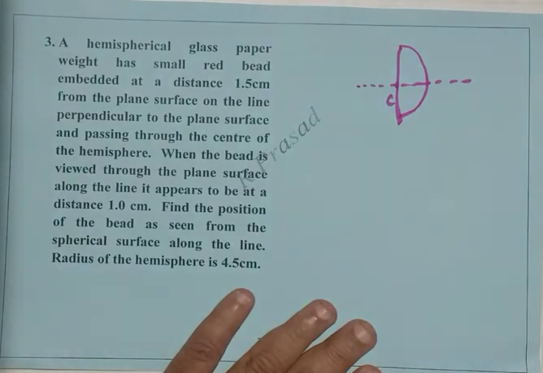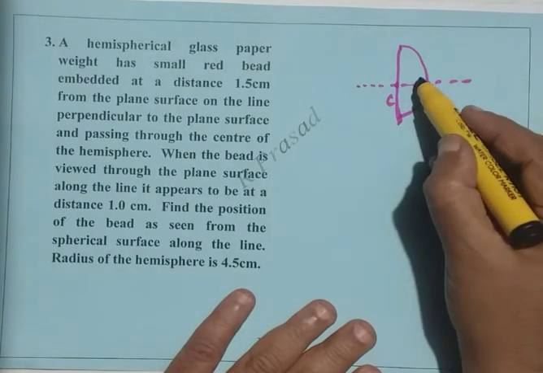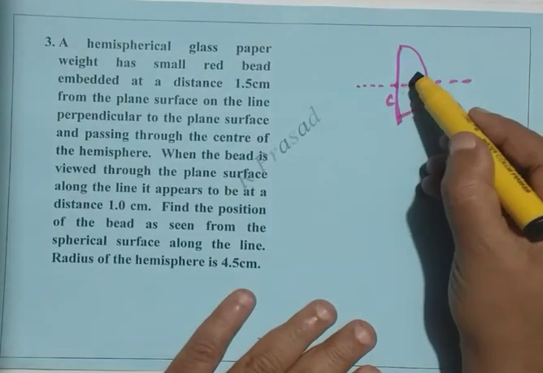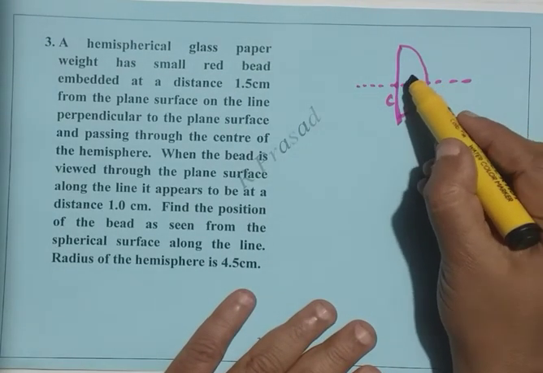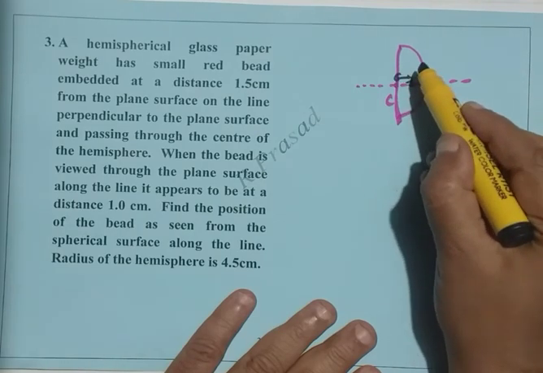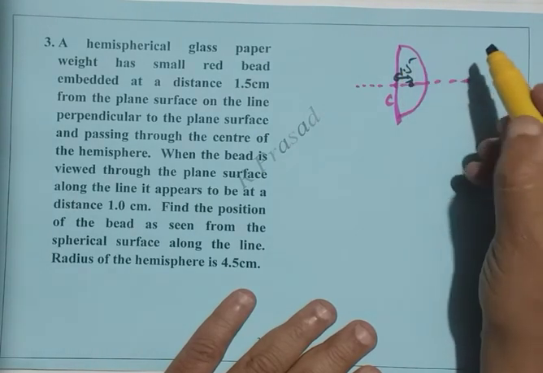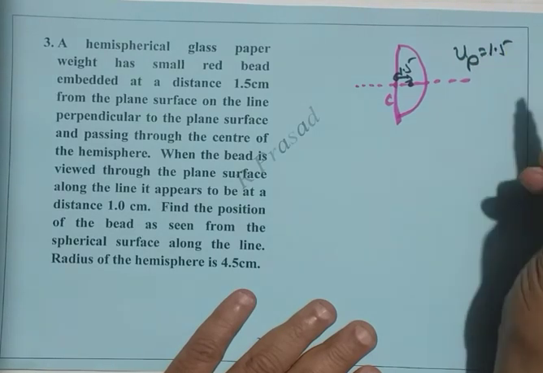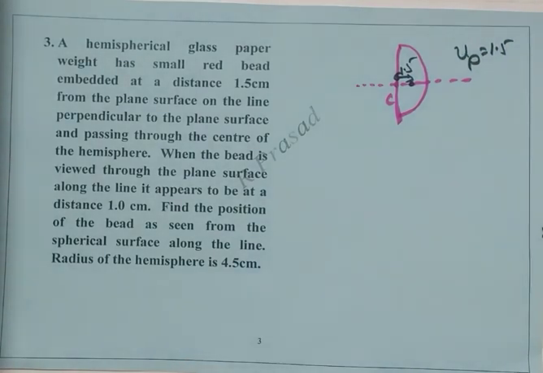Say a red dot, red bead is at a distance of 1.5 centimeter from the plane surface. This one, 1.5. I call it as object distance, 1.5. UP is 1.5 and